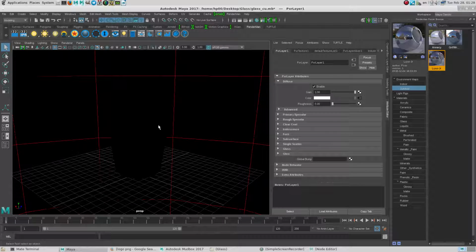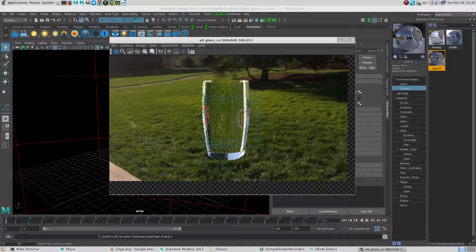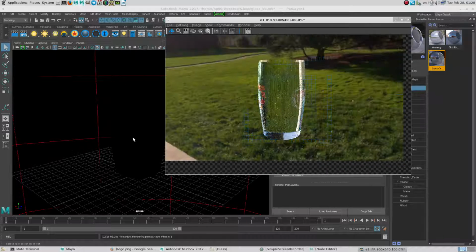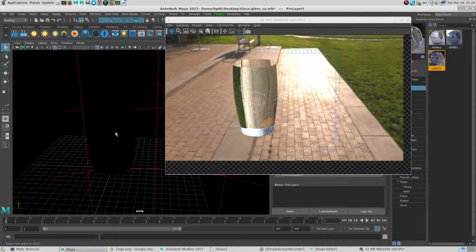Okay, now when we render, I would recommend you not to render IPR because this might not give you what you expected. So I recommend you to render final, and when the final kicks in, and then you can render normally. You see, you got everything in there. So if I do the IPR, and it will kick in nicely. See,